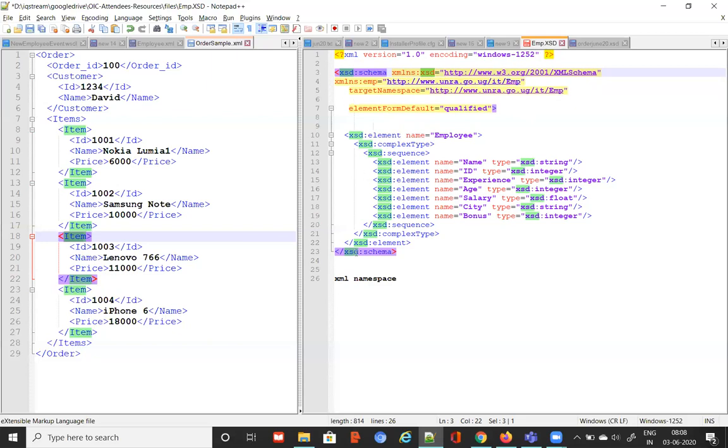So if you see here, element, type, complex type, all these things are prefixed using XSD. If I simply write element, it doesn't understand what is element. Employee is understood because you are giving a name to that one. But for the type, if I simply write string, it will not understand what is string. This string has to be defined somewhere in the libraries. That library is also having another XSD document defined already.